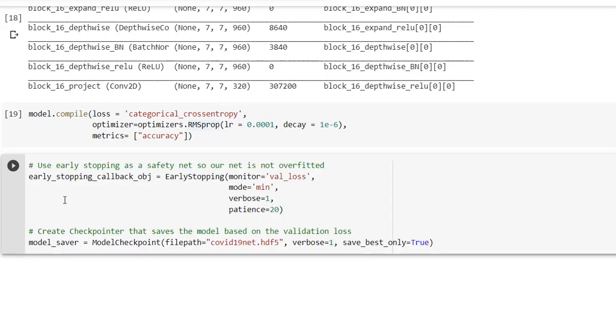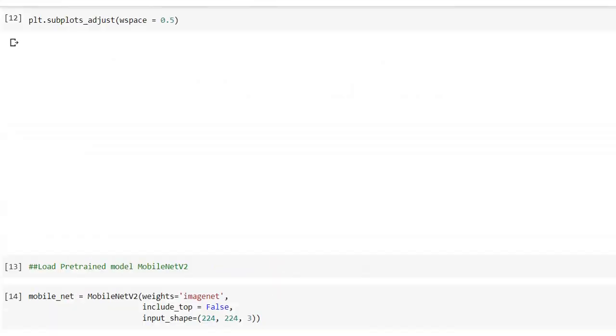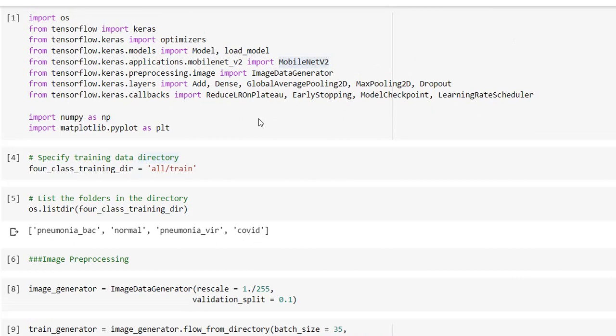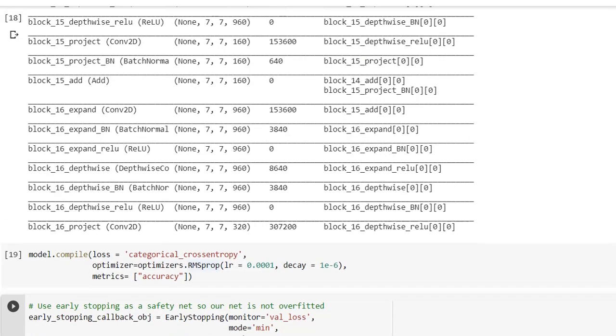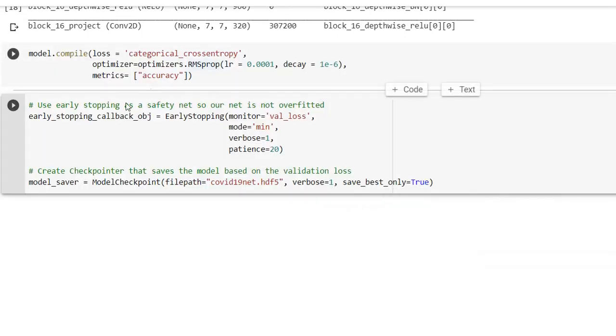So this is the code we need to use for early stopping. I have imported this library, EarlyStopping. If you see at the top, we have used the library EarlyStopping. This is from the Keras library, so I am using the same one here. I have used early stopping with the loss, and then I have also made the checkpoint. It will save the file path in this file name. These are the best model, the best training model, I would say. So I'm going to execute this one.